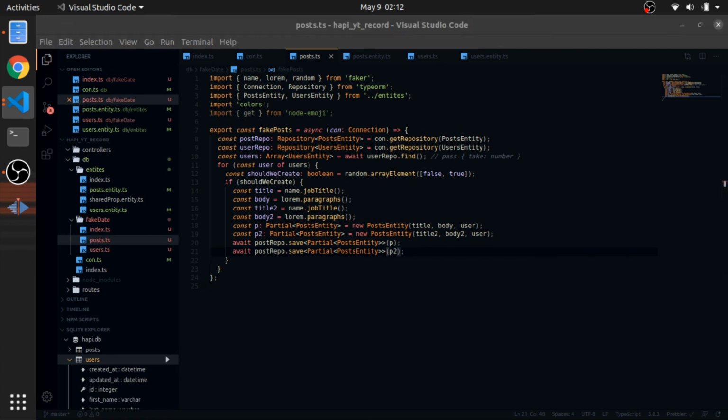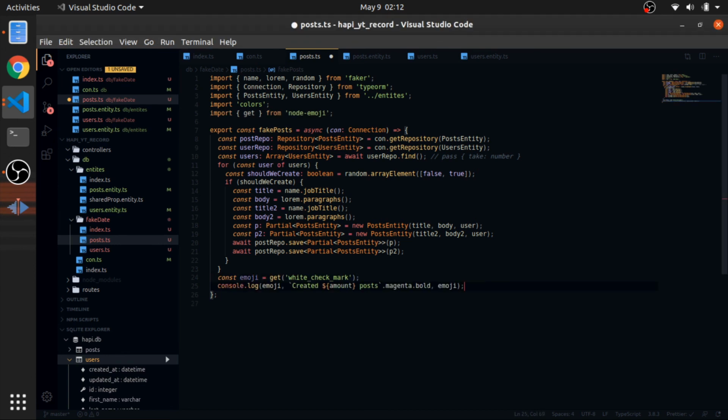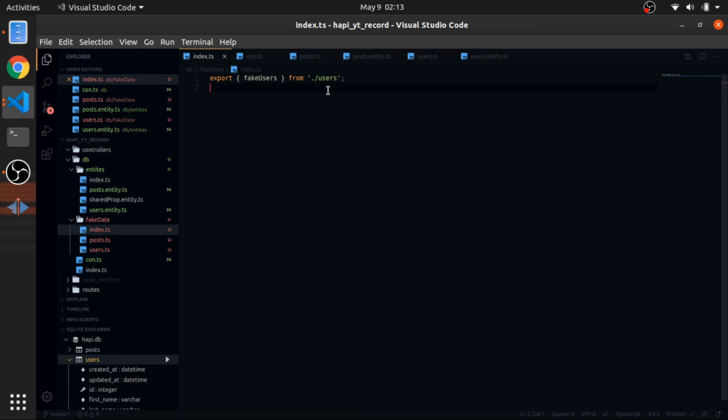And after that, I will just do the same thing I did in the users. So I'll get this emoji and just log that I created this amount of posts, which I forgot to define. So amount number by default equal to 50. So let's go and export that. So export from posts, the fake posts,